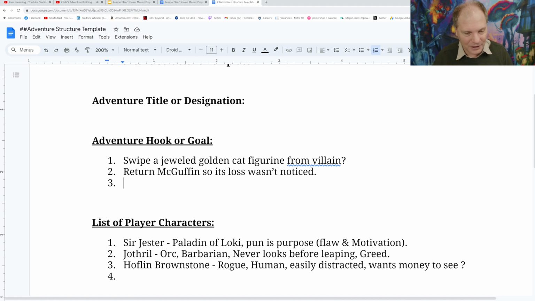So we need to have a location that is relatively interesting, because there's going to be exploration taking place at some point, correct? And if you don't have some sort of exploration taking place, then how does that work? Okay, an estate. A suit in the BFG's estate. Okay, mother-in-law's. Okay, so let's go with a mansion. Swipe a bejeweled golden cat figurine from the villain's